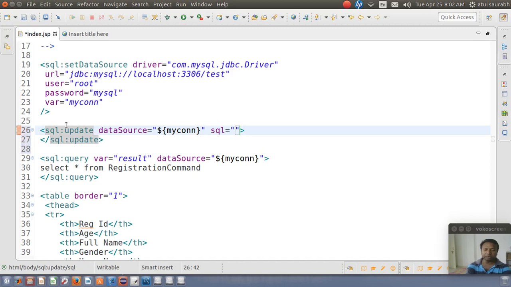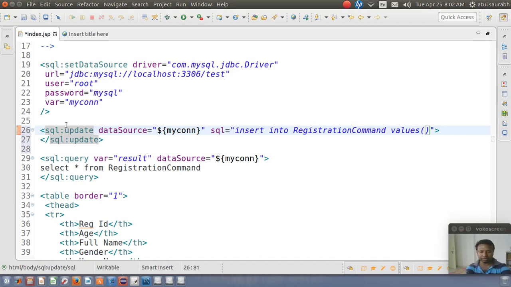If we are going to use update to insert something into the database, then we need to write SQL like insert into registration values, and what values we are going to insert is, say, the ID which we are going to provide is,